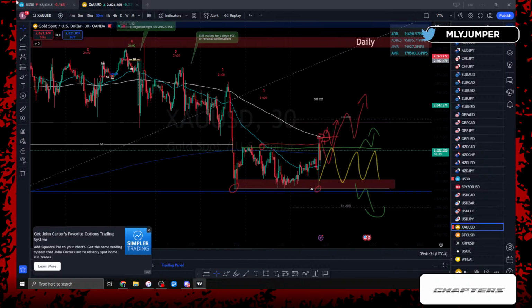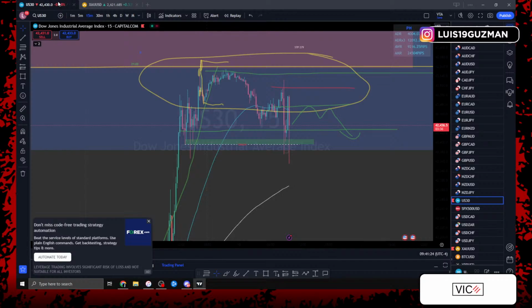So at this point, we could possibly just be looking at where price is going to consolidate. Just trap traders going long, trap traders going short, and just move sideways till tomorrow, or possibly even till Tuesday, since Monday we have bank holiday and we have no news tomorrow really. So